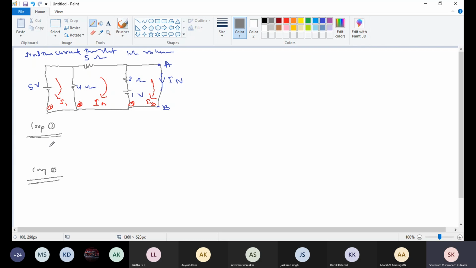For 50 ohm and 40 ohm, connected across this one, this 5 volt is connected across 4 ohm and